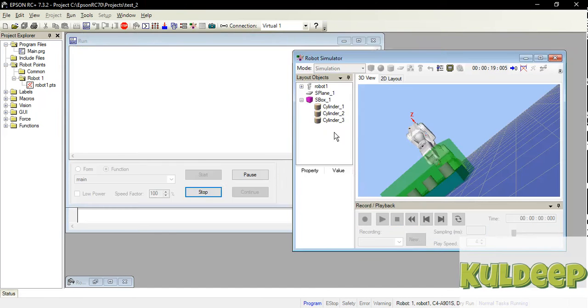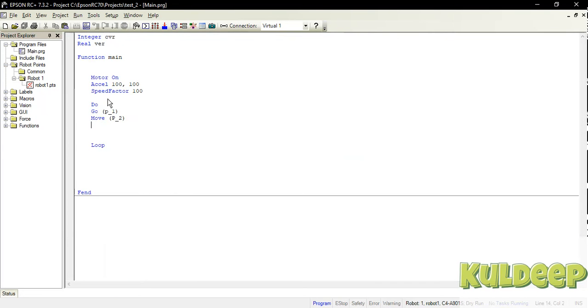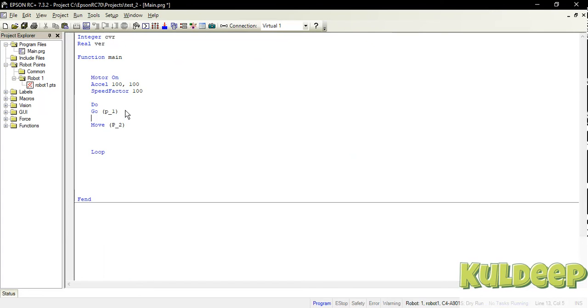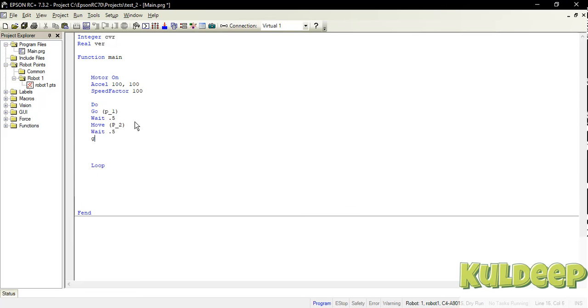Now I can add something more to this. After Move P2, Go P1, then Wait 0.5, Move P2, Wait 0.5, Go Home.